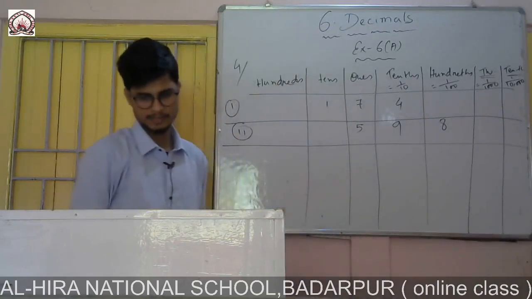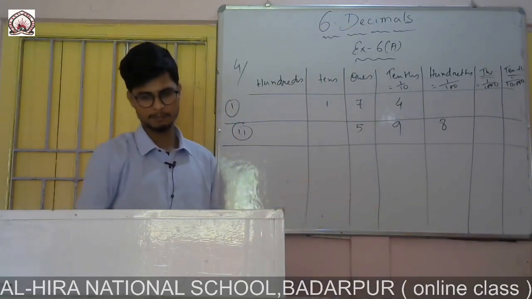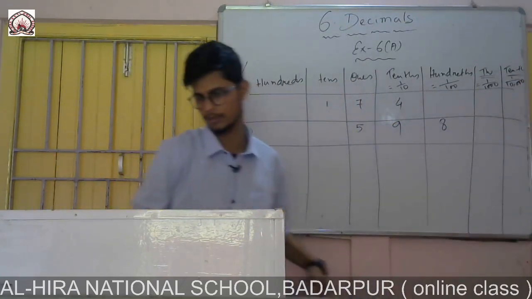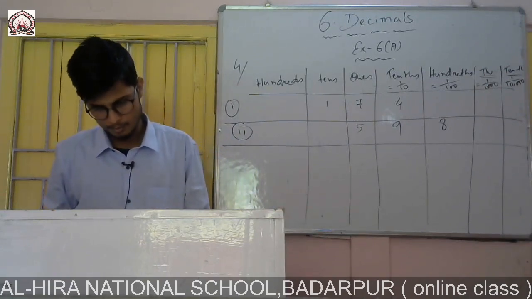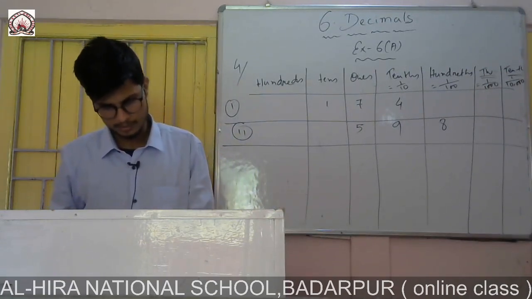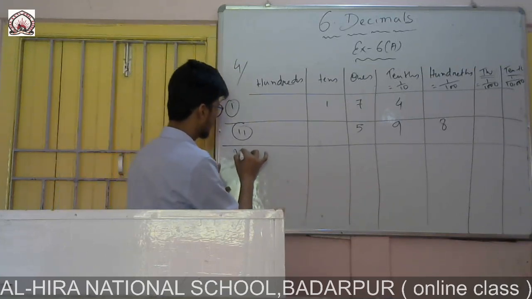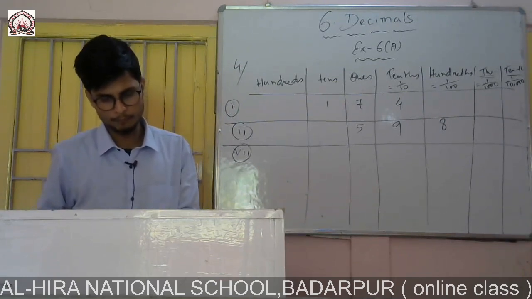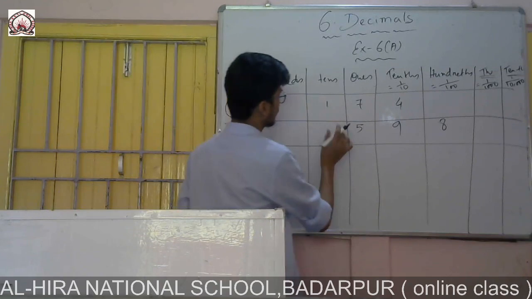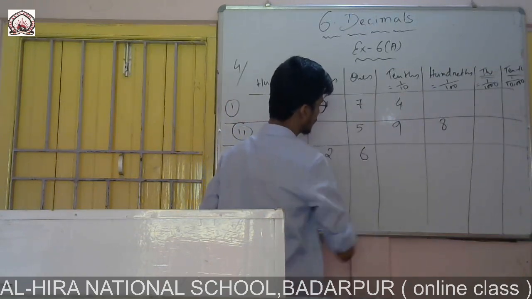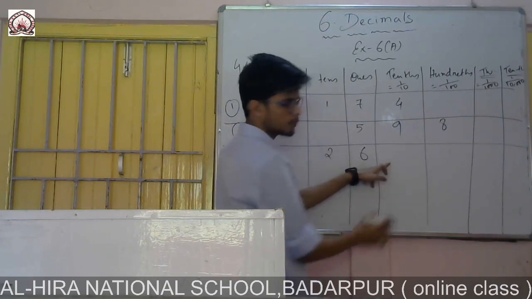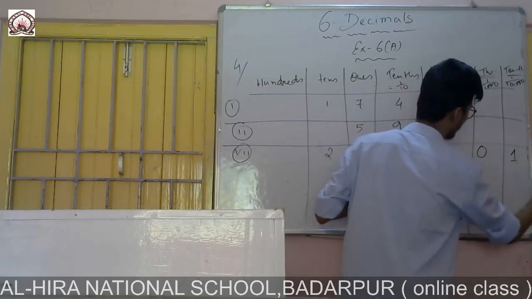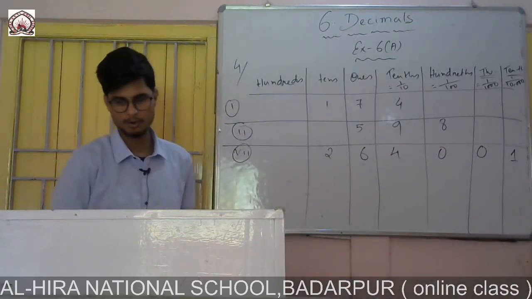You make this box nicely, it is there in example number 2, page number 122, the same box you made, but simply you have to extend one column, you write 10,000ths also. Okay, let me do Roman number 7, it is 26.4001. So in tens place it will be 2, in ones place it will be 6, and after the point 4, then 0, 0, 1.